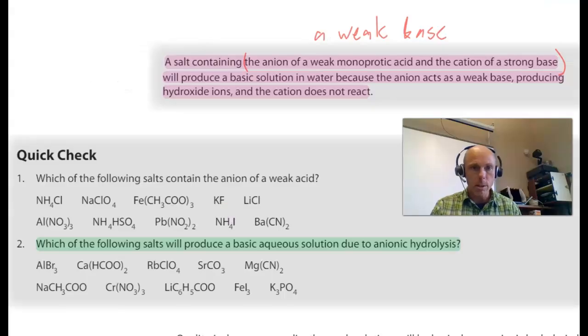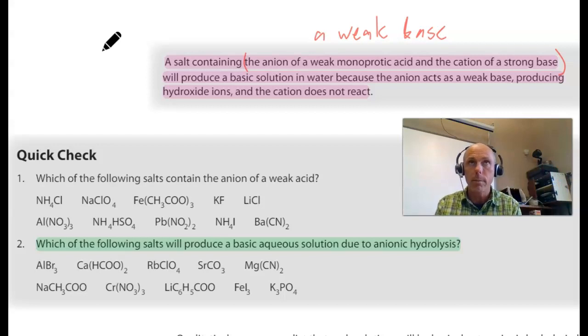All right, I've flipped a page. I'm at the top of 334 in our textbook, and this is a continuation of basic salts. So our textbook says, again, a little wordy, although it's good, a salt containing the anion of a weak monoprotic acid, meaning a weak base, right? A salt containing the anion of a weak monoprotic acid means it has a weak base in it. And the cation of a strong base, meaning it doesn't have a weak acid in it also. It just has a weak base as the anion,